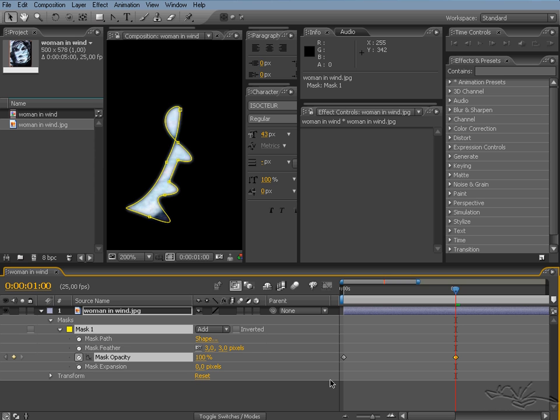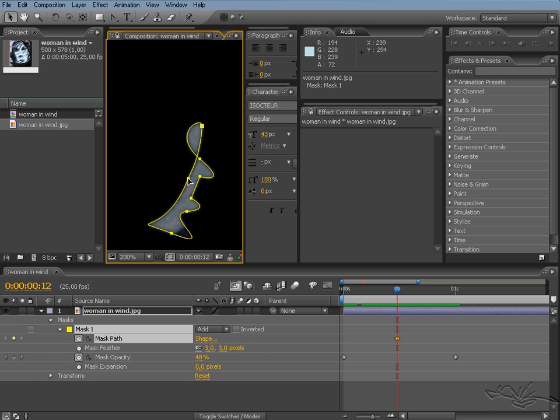Also if I click on the clock I see this effect, okay. And when I arrive, for example, in the middle between 0 and 1 second, I can start animating the path. I click on the clock of the path and take this,